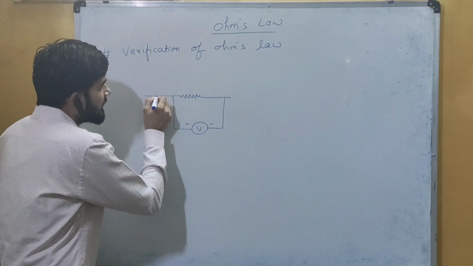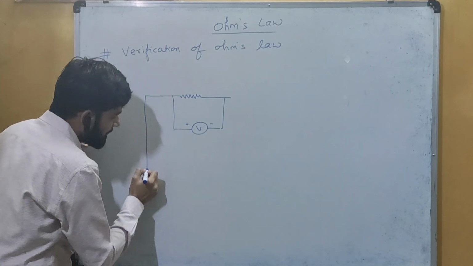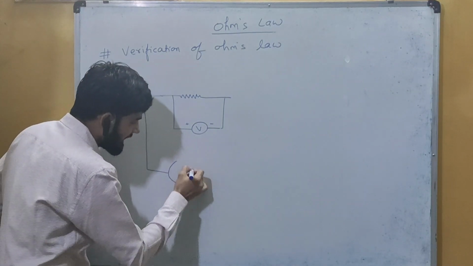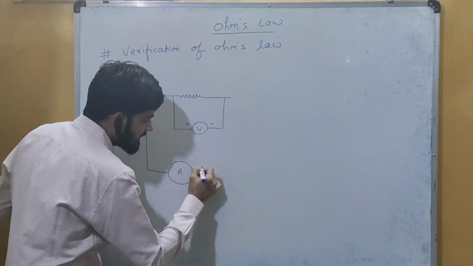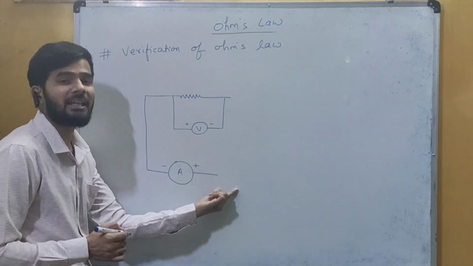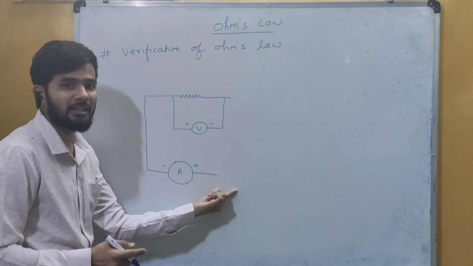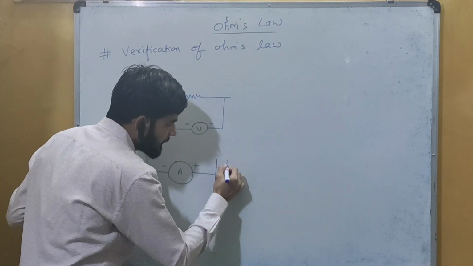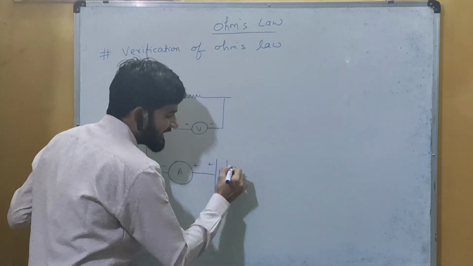Now here, in order to measure the current, we have to apply an ammeter. So I can apply an ammeter here. This is the positive side of the ammeter, this is negative side. Positive side here means I can apply here the positive terminal of the battery, because जब तक बैटरी नहीं होगी इसके अंदर से करंट कैसे फ्लो होगा? So I can draw here a battery. So this is what a battery is.